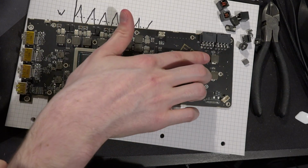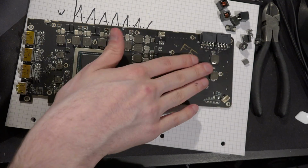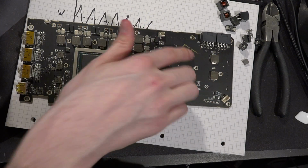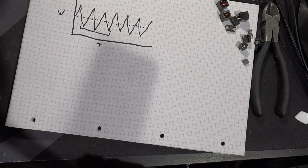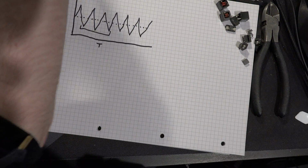But the input filters are still going to see quite a big change in current pull, and that's still going to lead to coil whine. So you're going to want to do those as well. Now, the other type of inductor that we've not looked at here